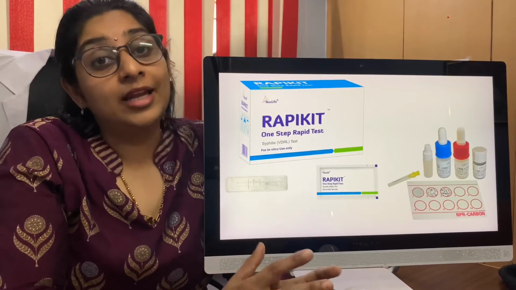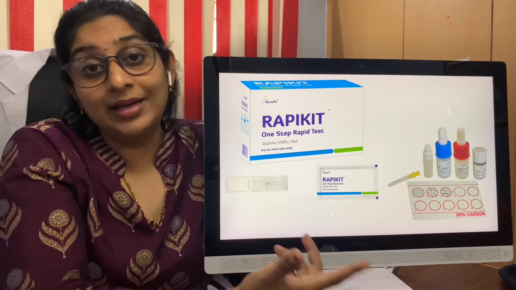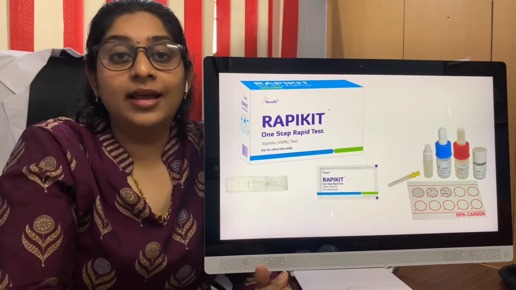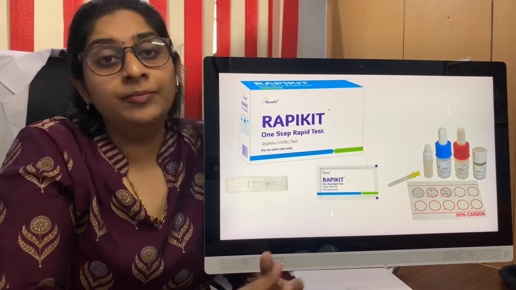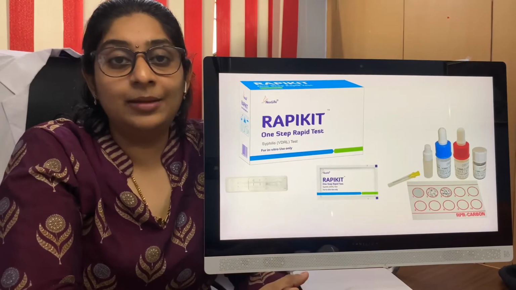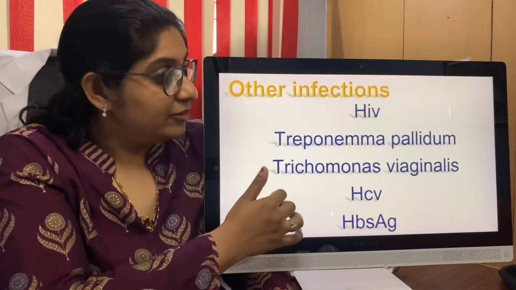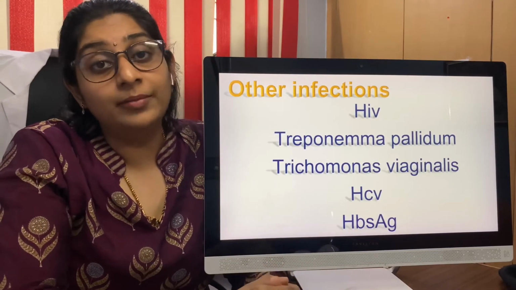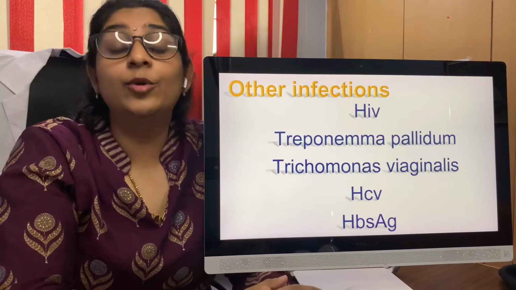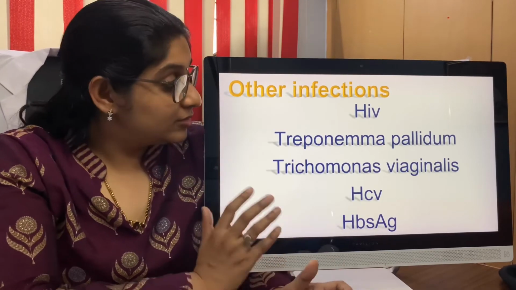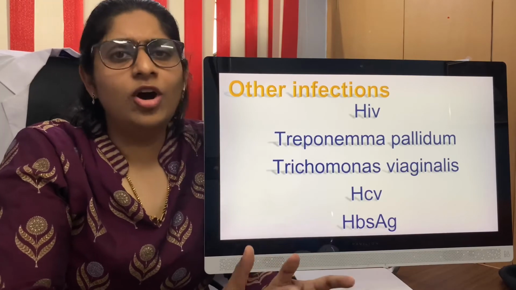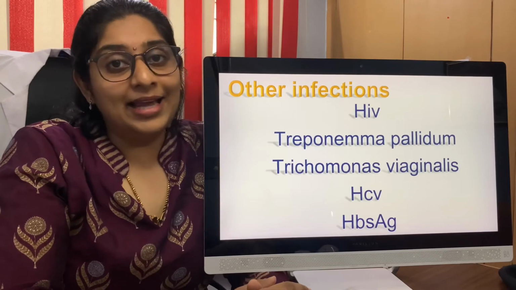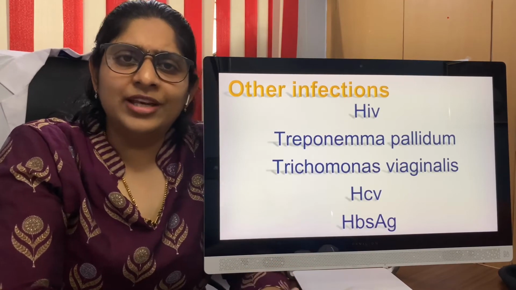For the VDRL, there are two types of method. One is the card method and one is the RPR method, in which you see the titer and how much agglutination there is in the blood. So these are the two rapid methods available for Treponema pallidum. Apart from that, you also have the HCV card, which I have not put the figure of here. The other most common rapid card available around the world is for Trichomonas vaginalis. If your doctor prefers you to have that also, you can procure it and keep it in your diagnostic center. So these are about the infectious diseases.